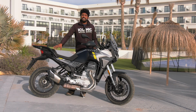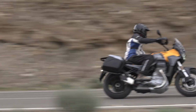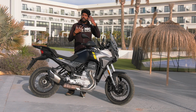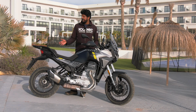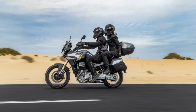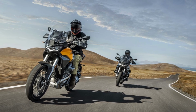I didn't mention it because I didn't see it, but this does come with luggage. You can get bags with it, and it's a very clever mounting system. They say that you can fit a helmet into each side. I was wearing an Arai XD4 today. It looks like it would fit if you took the beak off. So I think on a regular street helmet, you should be able to fit a helmet in there. Again, very clever thing. I'm just mentioning that because of this idea that you could tour on this, no problem, and frankly, you should. But going back to the main idea,